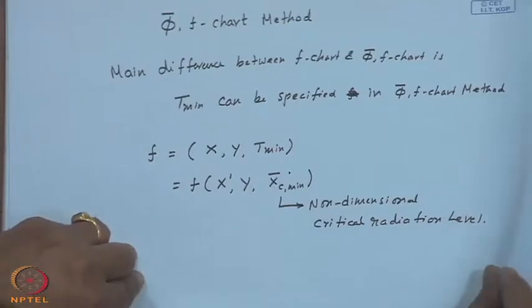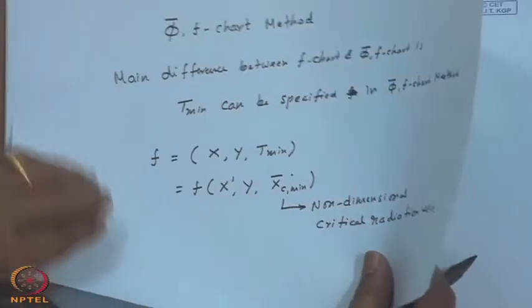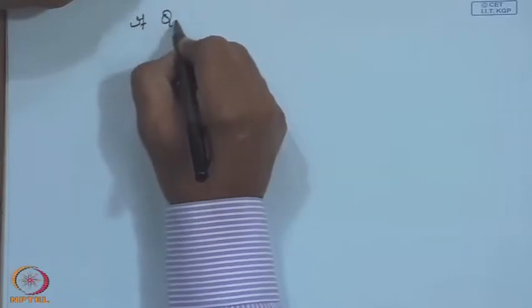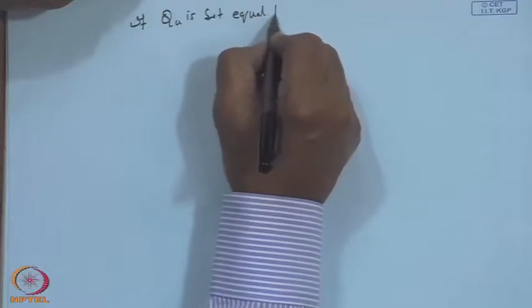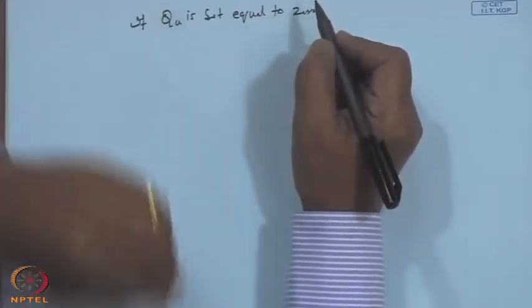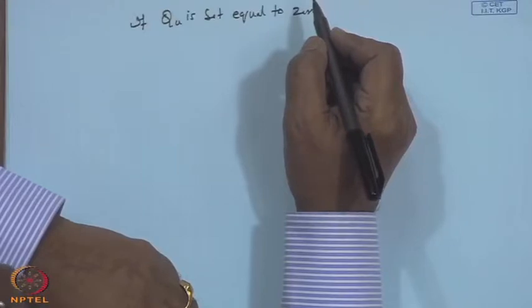Okay. And if you remember, very preliminary idea of the critical level was given, that if Q u is set equal to 0, the radiation falling on the collector for Q u to be 0 will be the so called critical radiation level. In other words, unless your solar radiation is above this critical level of IC, you will not have any useful energy delivered at the temperature desired. So, this Xc bar minimum